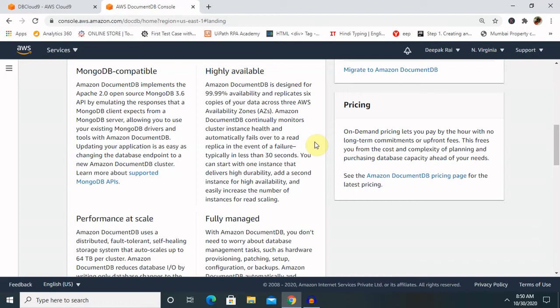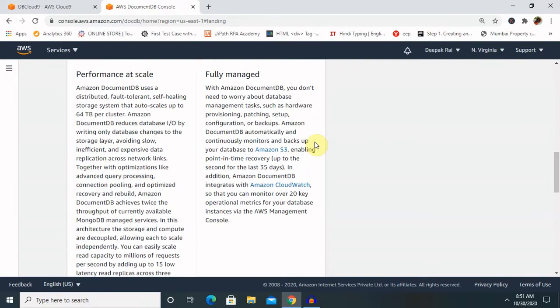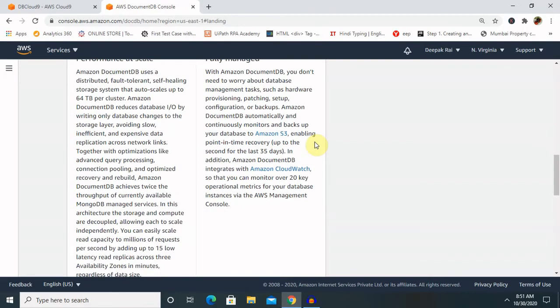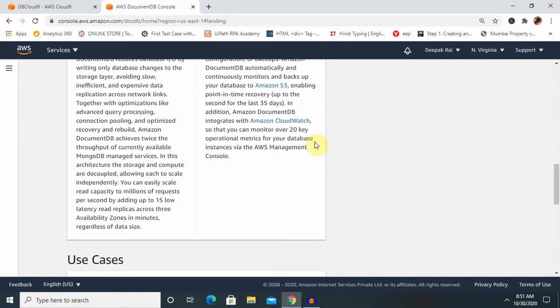Amazon Document DB continually monitors cluster instance health and automatically fails over to a read replica in the event of failure, typically in less than 30 seconds. Performance is also very high because it provides 64 TB per cluster. Amazon Document DB reduces database input output by writing only database changes to the storage.